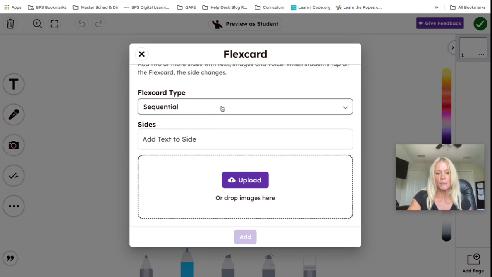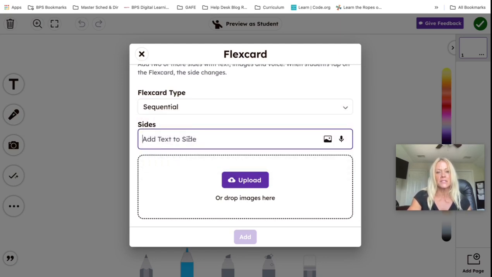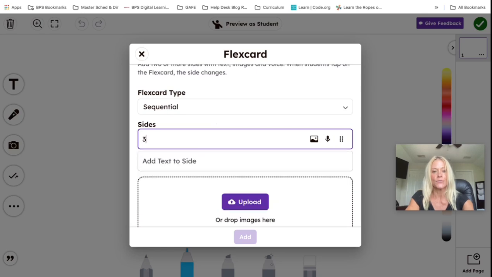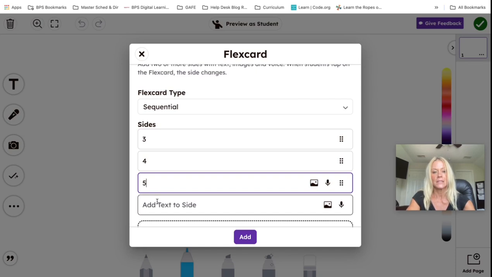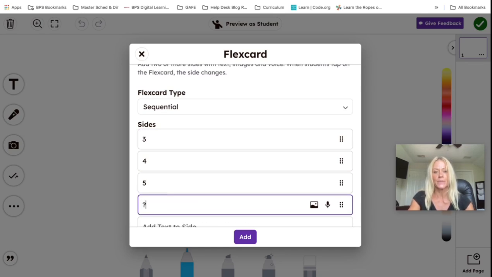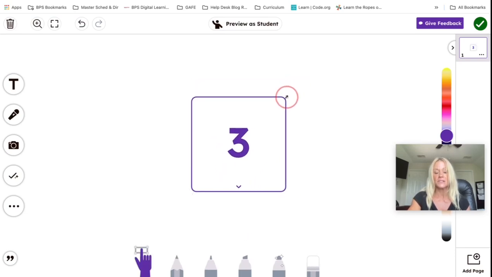So I'm just going to show you a basic example. We have either sequential, which means the sides will be shown in the order listed below, or random. The sides will be shown in random order. So the text that I can add to the side, I can do 3, 4, and 5, and then that question mark. So when the students tap on the Flexcard, that's what they're going to see. Then I can hit add. And as you can see, there's the Flexcard,